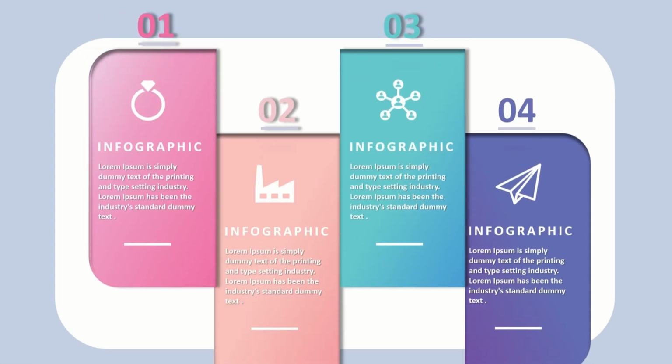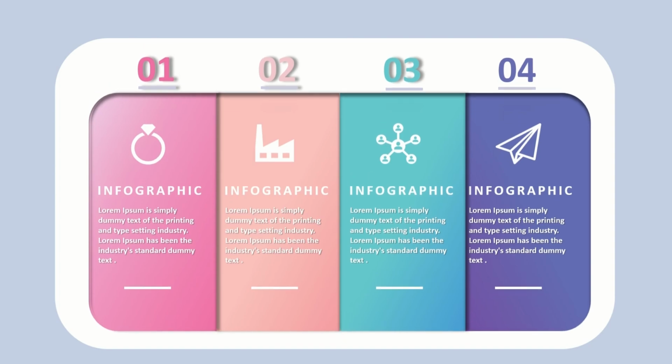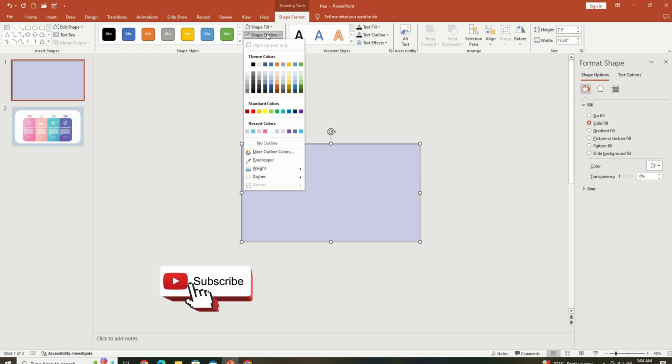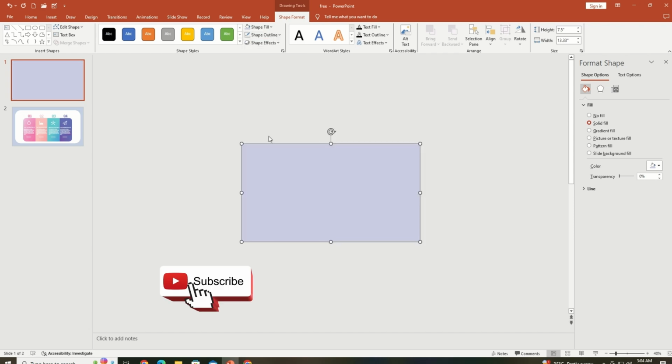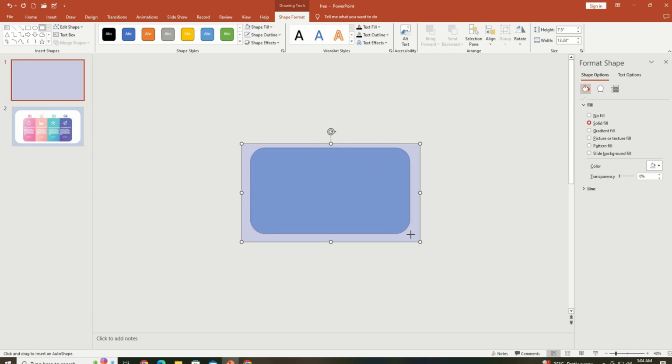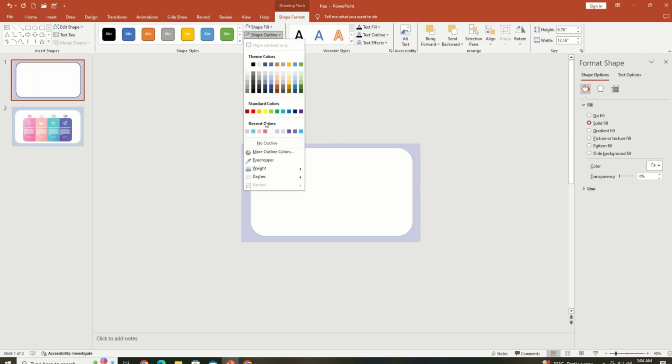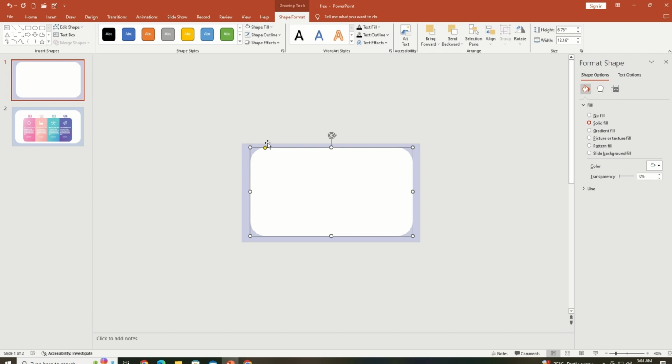Let me show you how to make this amazing infographic in PowerPoint. So let's start. First of all, insert a rectangle, change its color, and remove its outline right like this. The next thing you're gonna do is insert a rounded cornered rectangle onto the template. Now change its color to white and remove its outline